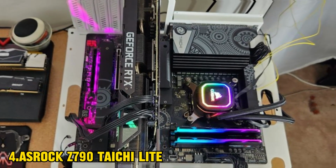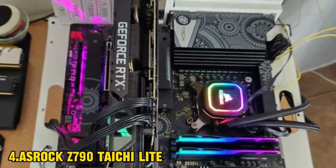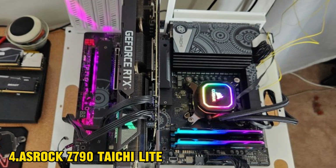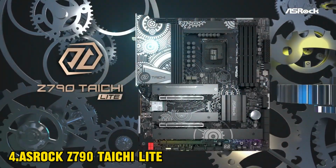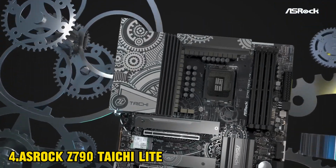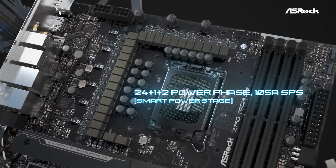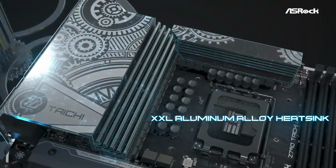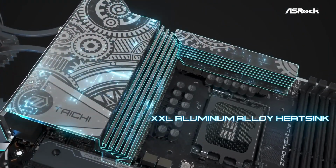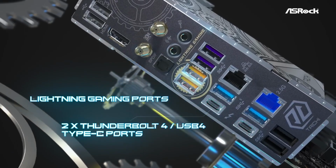Number 4. Aorus Z790 Taichi Lite. In a market where the cost of motherboards has steeply increased over the last few years, it's nice to see at least one partner offer something a bit less expensive than the flagship, but that still speaks to the gills. Priced at $379.99, the Aorus Z790 Taichi Lite gets you everything the more expensive Taichi offers, including the incredibly robust power delivery,